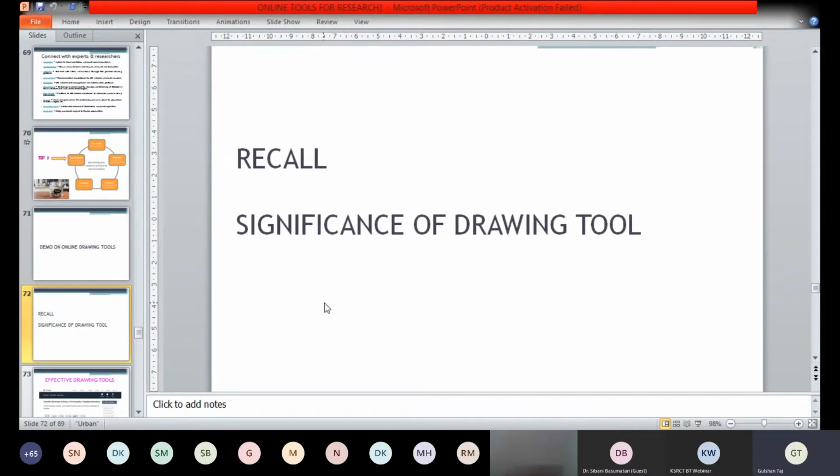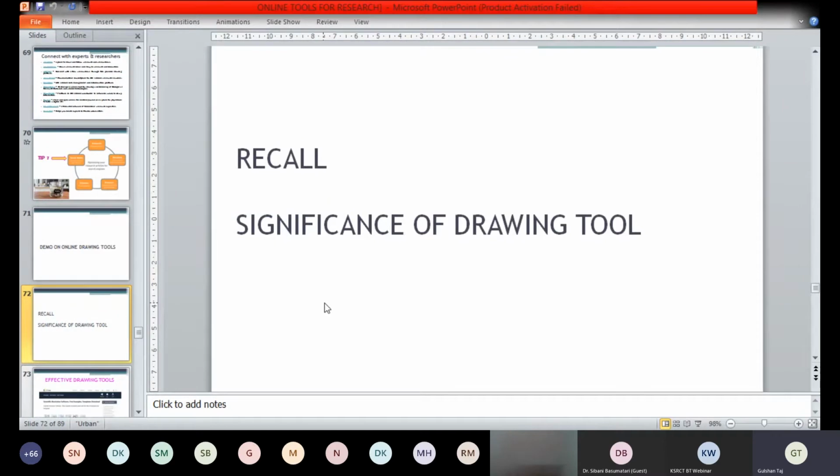You have to know more about drawing tools, and it is the need of the hour, I could say. Once you explore more drawing tools, you can present your data in an aesthetic manner. Every journal's guidelines will tell you the resolution, size and clarity your picture should have.